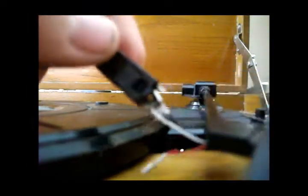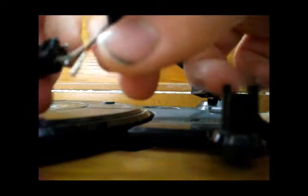So what I think I'm going to do, since you don't really get that much stereo separation from this at all, is just for right now wire this together for mono. And I'm just going to